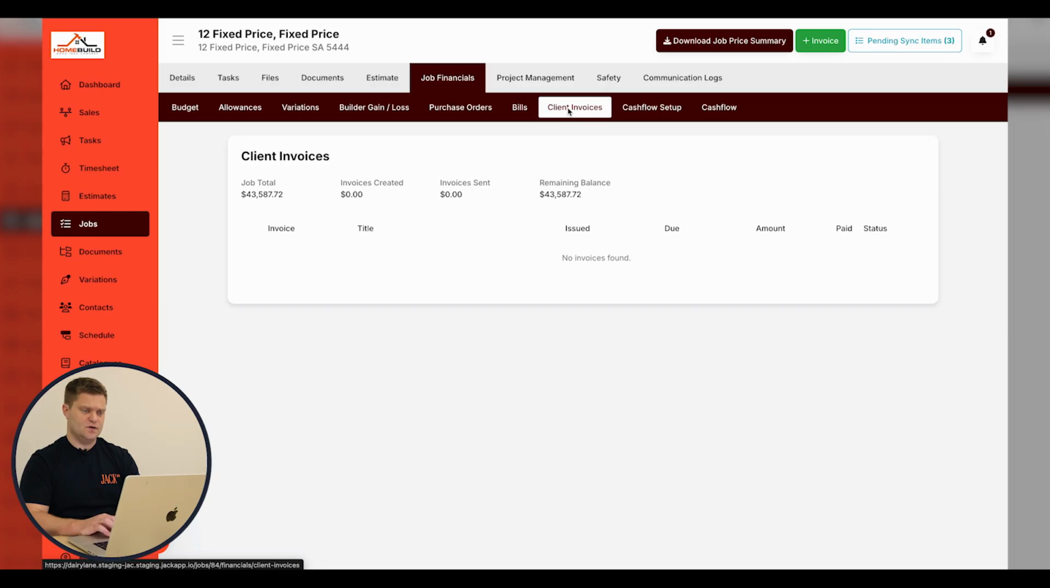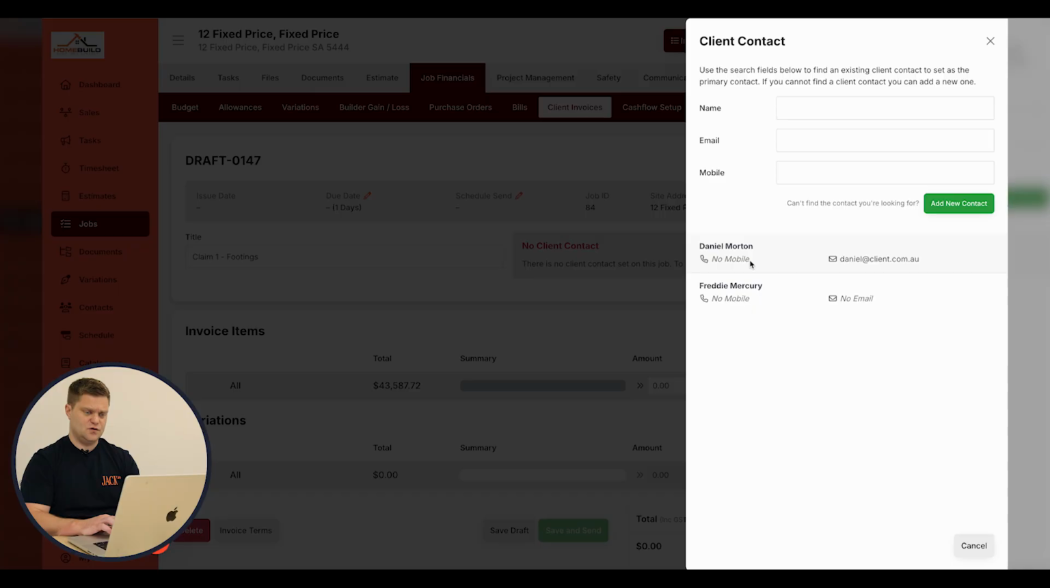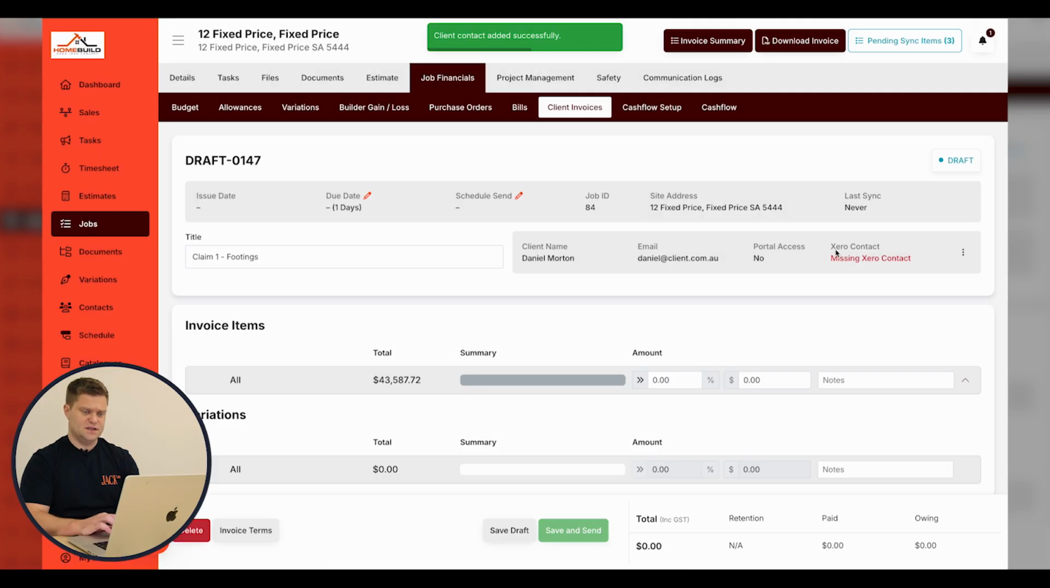Now, if we look at client invoices, you can see here we've still got the same interface. We can add a client invoice, and we've had some updates here on the client invoice. So we can still enter the title, so claim 1 footings. And we've added a little tab here so that you can set the client on the job if you haven't already done that. So if we select here Daniel Morton as the client,